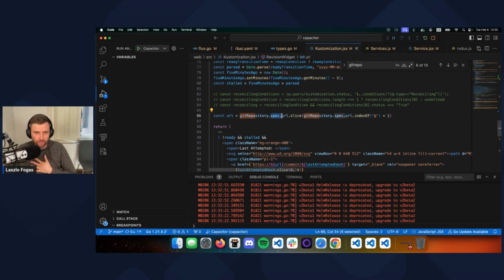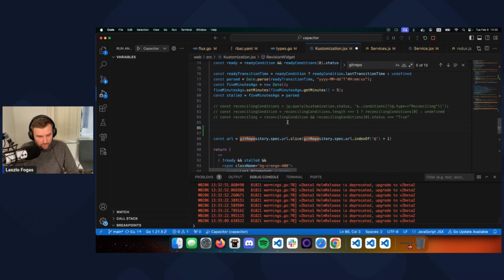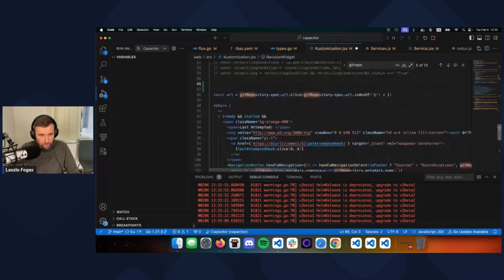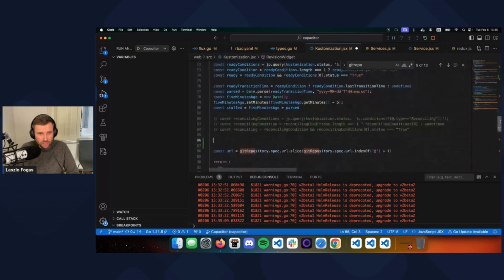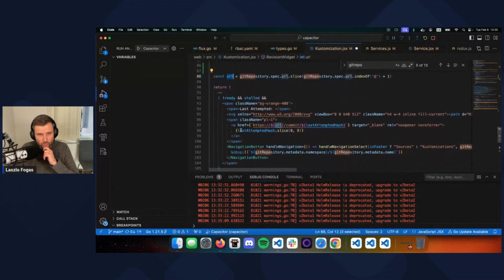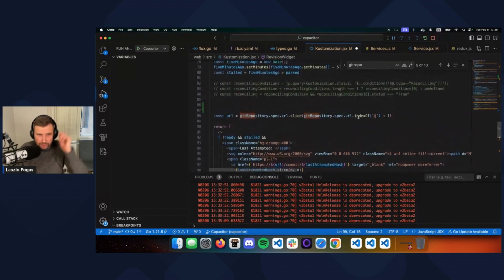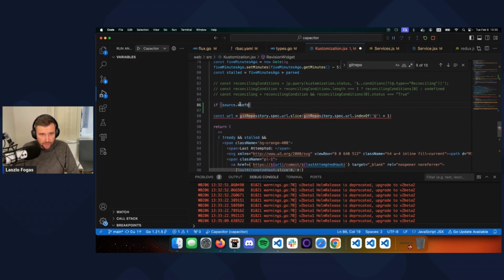OCIrepository's spec is different from Git repository's spec. So here we need to do some gymnastics. So this is, what is this? Revision widget. And we just use the URL because it was assuming it's Git. All right. So if source dot kind equals